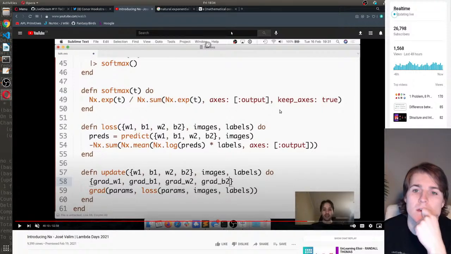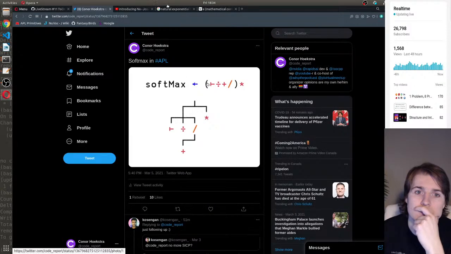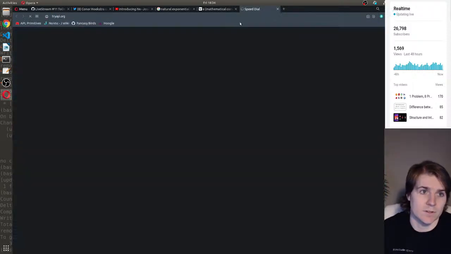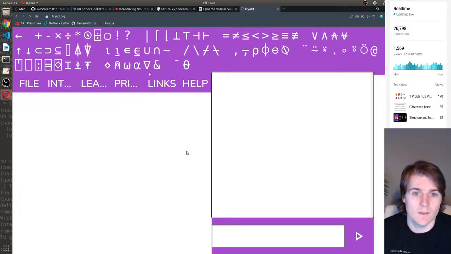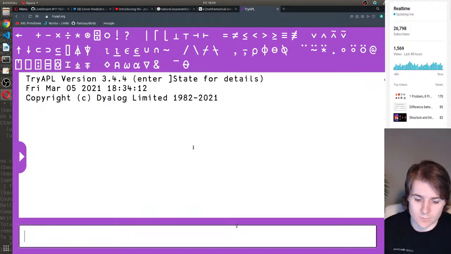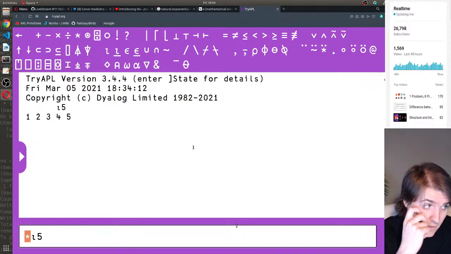And I did this in APL, which I think is very beautiful. So basically, if we go to tryapl.org, and we have the numbers 1 to 5. So this star is typically, it's the,